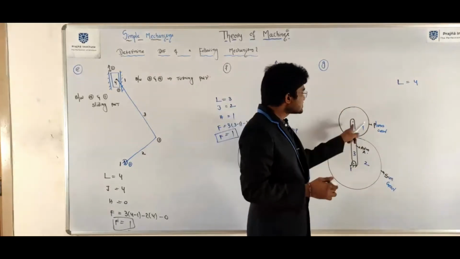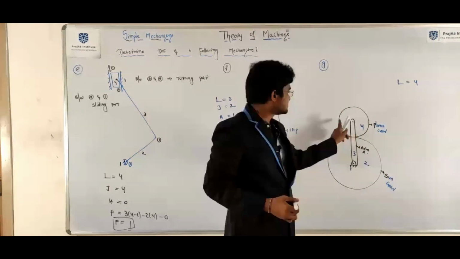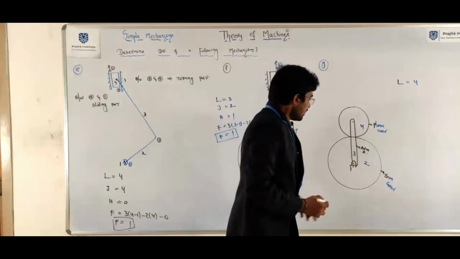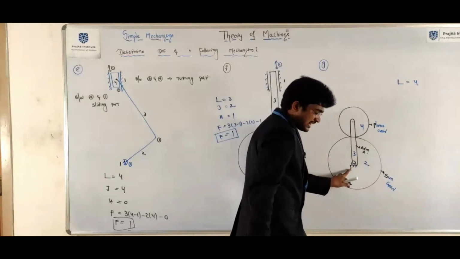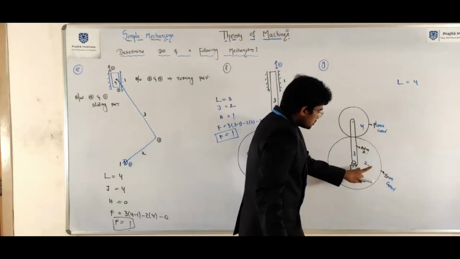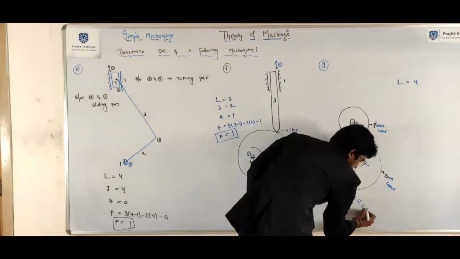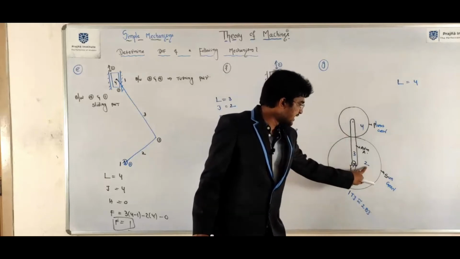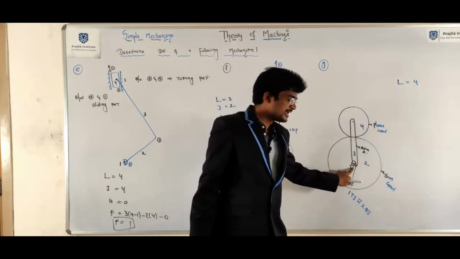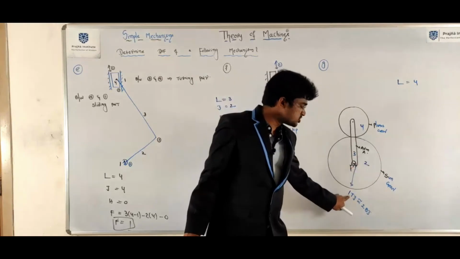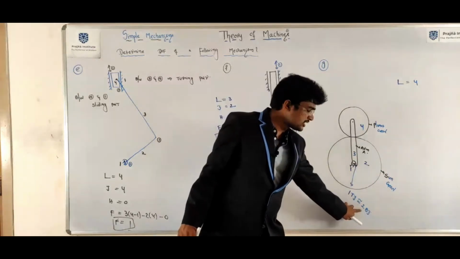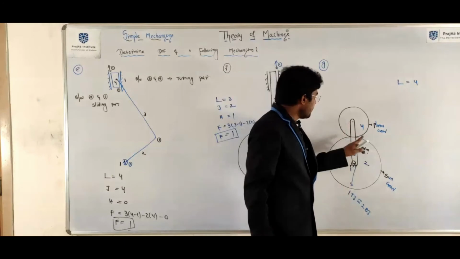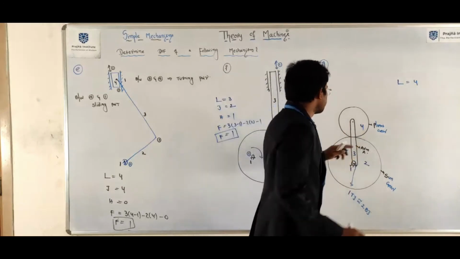Clear. It is not a fixed link, just a hinge. Can I say first link, second link, third link joined here? You can call it a ternary joint, equivalent to two binary joints. First link, second link, third link meeting here. Can I call it a ternary joint? One ternary joint equals two binary joints.